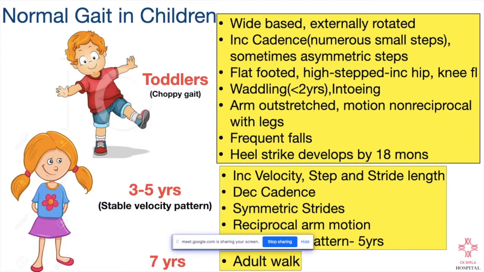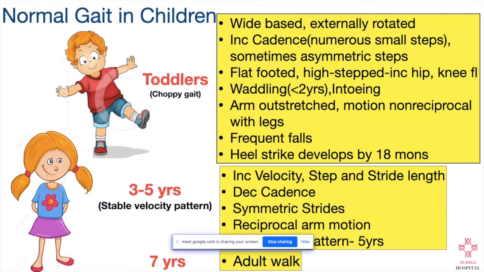Any child walking like that should not be considered to have an abnormal gait. In-toeing in kids till 6 to 7 years of age is again very common and needs to be assessed for femoral anteversion and metatarsus adductus. Because reciprocal arm motion has not developed, they can walk with arms outstretched for balance, and they may fall frequently, of course, right? Heel strike usually develops beyond 1.5 years of age.